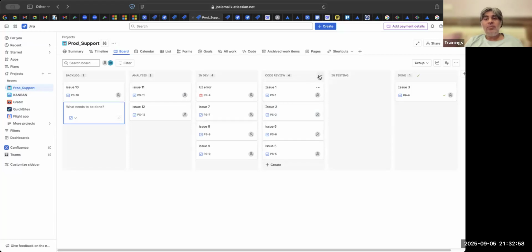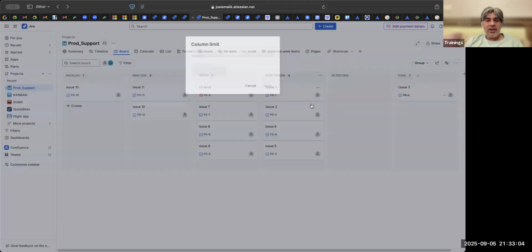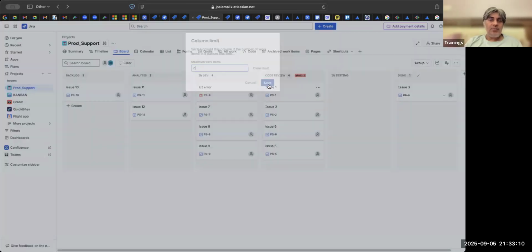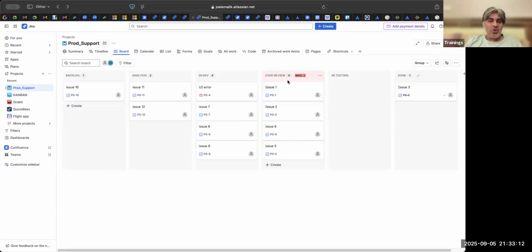So I put a limit here. I go on the 3 dots and set the column limit to 2. So this is how you put a WIP, work in progress limit. Now this shows me in red, max 2, but you have put 4.